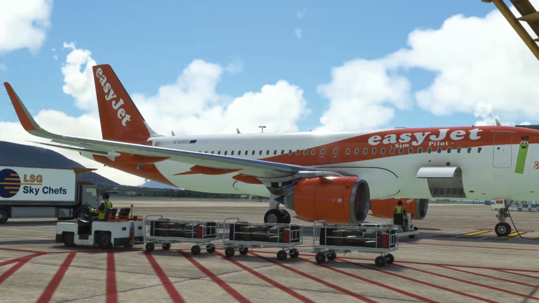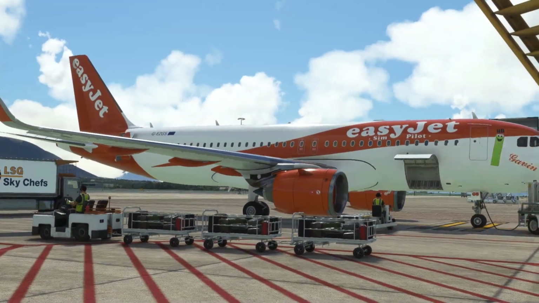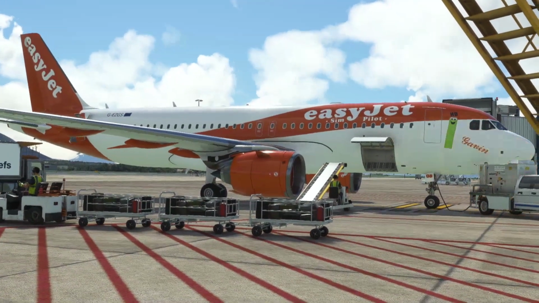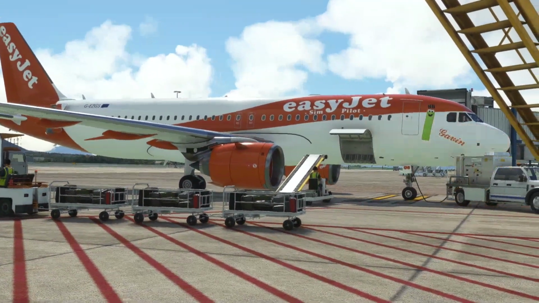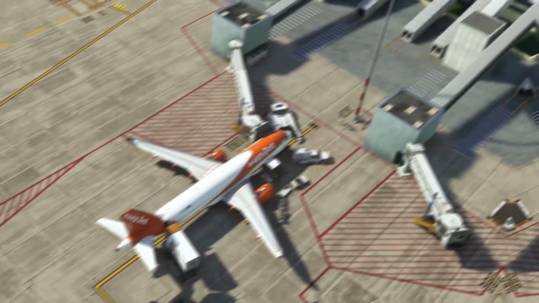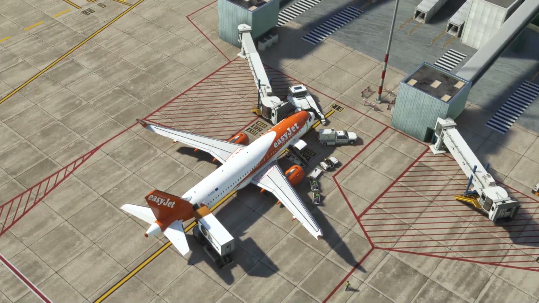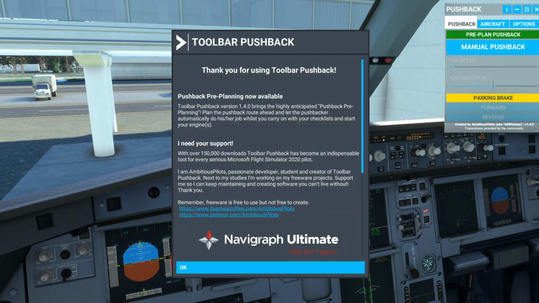For those of you who may be familiar with X-Plane's Better Pushback mod, this essentially does the same thing but for Microsoft Flight Simulator and is incredibly intuitive and easy to use. In this video we're going to have a little look at what it can do and, quite importantly as well, what it can't do. The first time you launch ToolBar Pushback, it will greet you with information regarding the Pushback